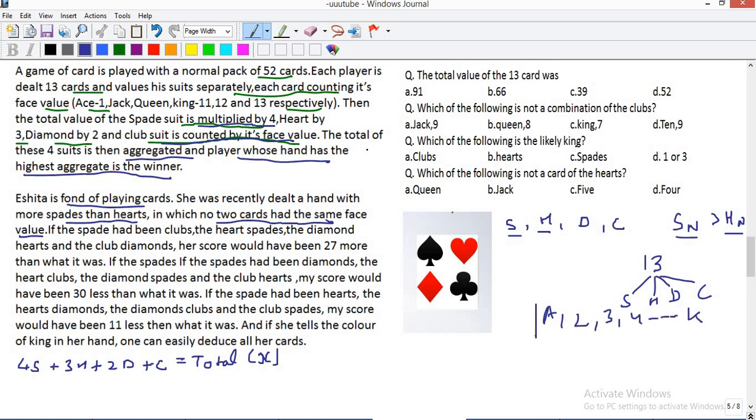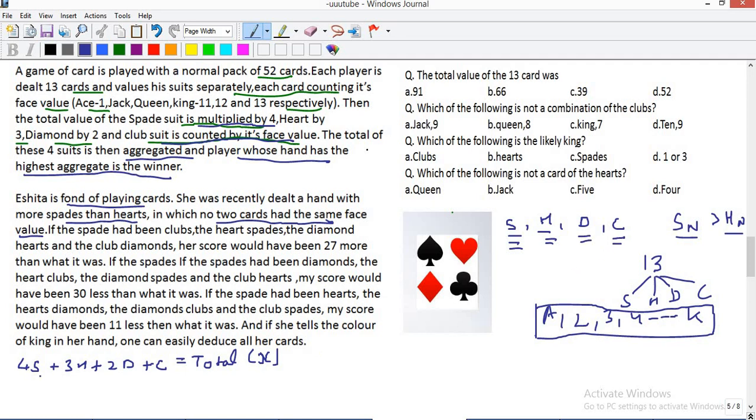अब इसमें से कुछ कार्ड्स स्पेड्स होंगे, कुछ हार्ट्स होंगे, कुछ डायमंड्स होंगे, कुछ क्लब्स होंगे, but we do not know कि कौन सा हार्ट है, कौन सा स्पेड है, कौन सा डायमंड है and which is clubs. But one thing is for sure, let's say जितने भी स्पेड्स हैं उनका sum S है, जितने भी हार्ट्स हैं उनकी face value का sum H है, all the diamond cards their face value sum is D, and all the clubs cards their face value C.